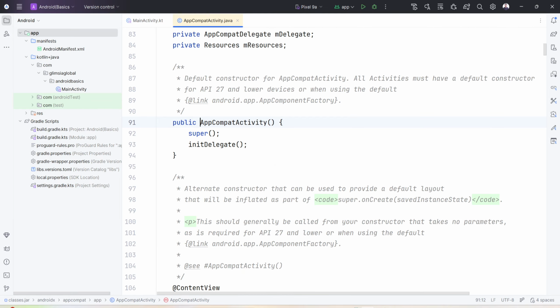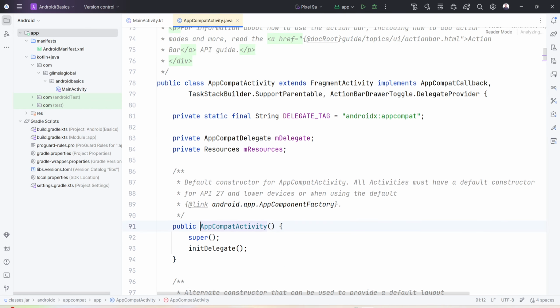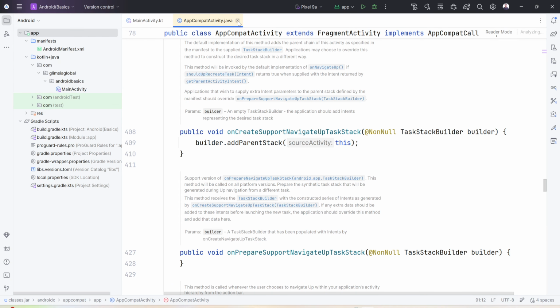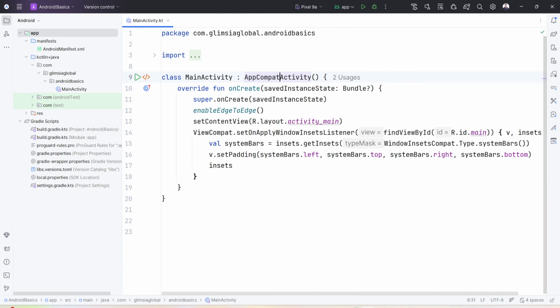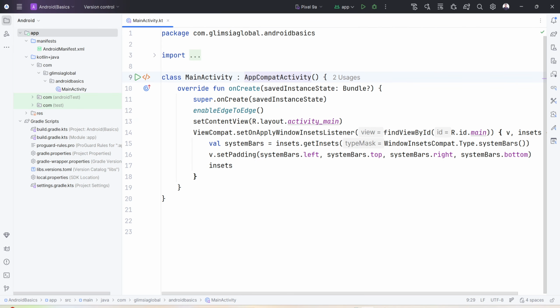If you Control-click there, if you press Control then click, it will go to this page, and see, it is reader mode only. That means this is generated by the Android Studio developers. It is developed by Google only. So there is no need to touch that page. Just see here, this is our activity and it is extending this activity, and whenever we extend this AppCompatActivity class, then